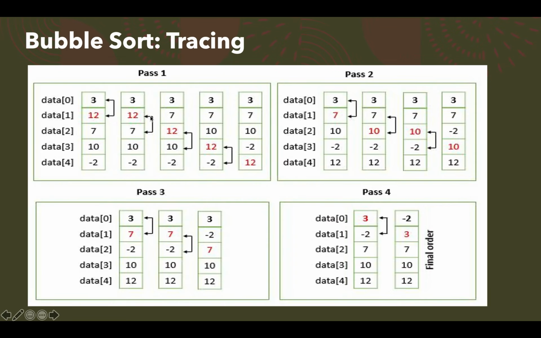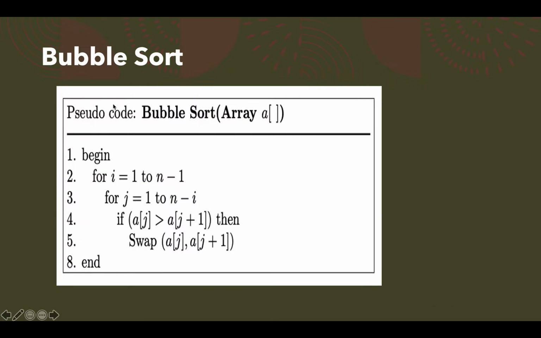Okay, so that is a bubble sort algorithm. You can see in pass 1, that's the first iteration. If the input is 3, 12, 7, 10 and minus 2, then 3 and 12 are compared. So j equal to 0 and it is running for n minus i, right? So j is running till n minus i. In the first iteration, the i value is 0, so n minus i will be 5 times, right? So you are comparing, and at the end of the fifth iteration you will be getting the output.